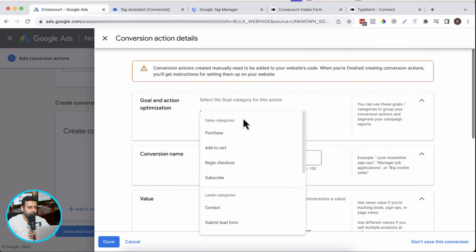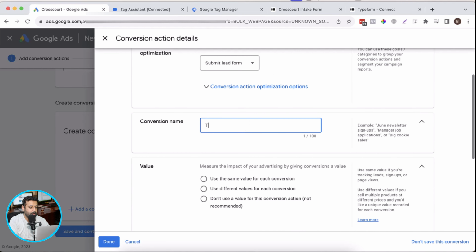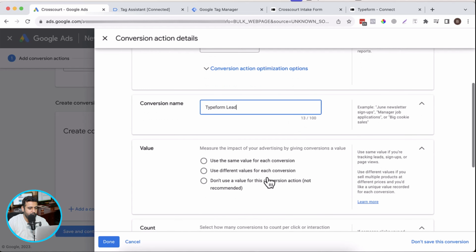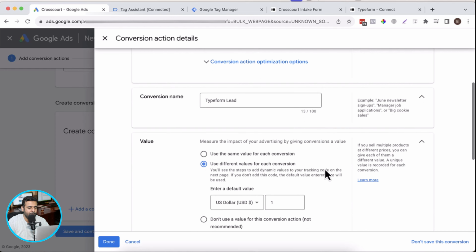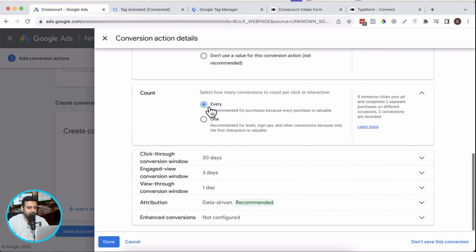And then here I'm going to select lead, submit lead form. Let's name it Typeform lead, so we will understand we got a conversion from a Typeform lead, right? So I'm going to add a value. For now, just add the $1 value, select every here, and then the rest of the settings we can leave